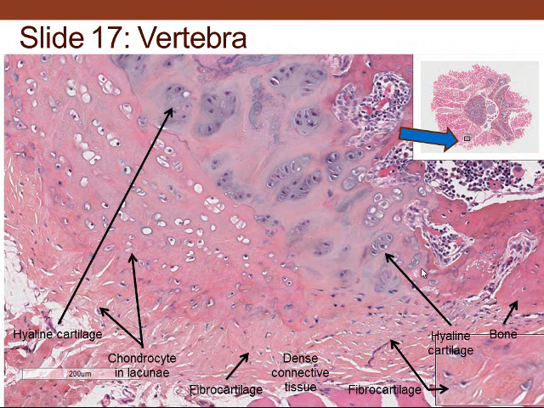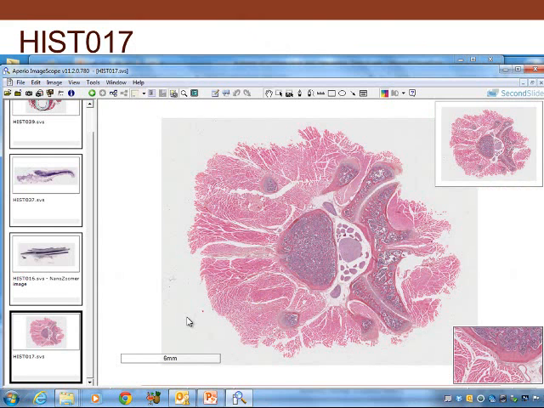This is bone. So you have bone, cartilage, fibrocartilage, this is hyaline cartilage, fibrocartilage, and then you have the dense irregular connective tissue capsule. So we take a look at that,